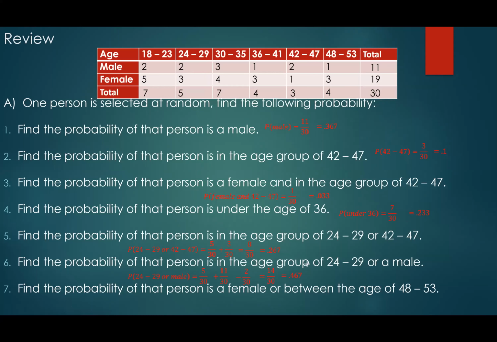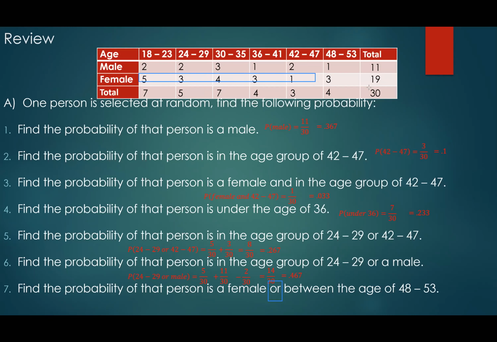first of all, we see that we have the word "or" once again, and again, what are the two groups that they ask us? The two groups they ask us are the female, right? We select one person. What is the property of a female, and or that person is between the age group of 48 to 53, which is again the same idea. Looking at this here, we know that there are 3 of them in common. 3 of them are female and also in the age group of 48 to